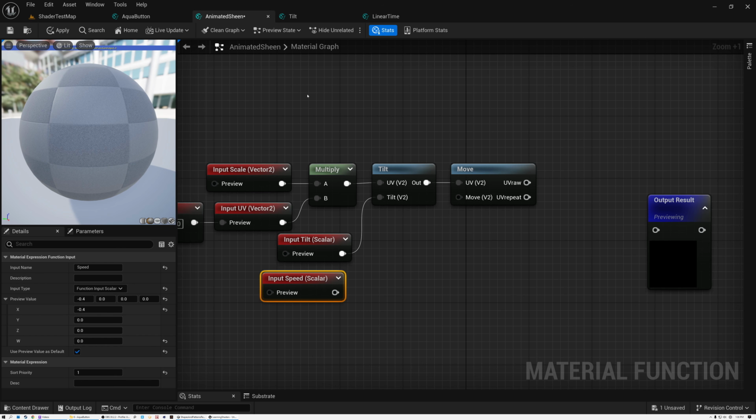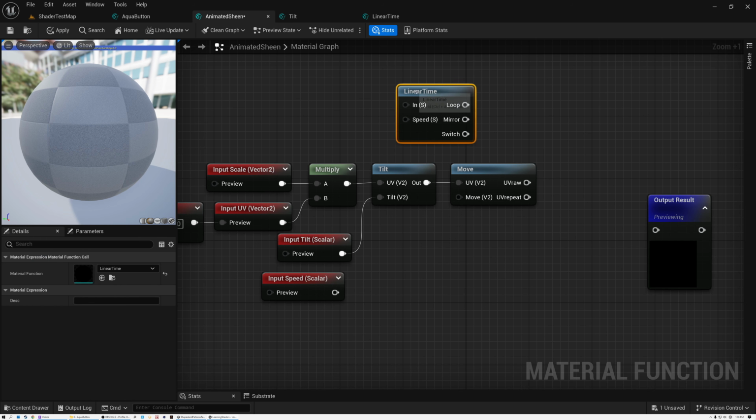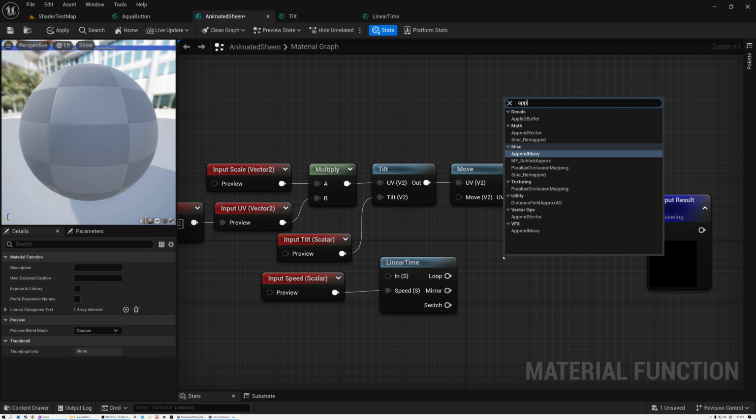So we'll switch back to our animated Sheen, come down here to our content drawer, and bring in linear time. So our linear time, we're going to hook it up to our speed, and then our loop value. What we want to do is make it so that linear time is only being applied to the horizontal axis of our UV coordinates. And so in order to do that, I'm going to bring in an append vector node,